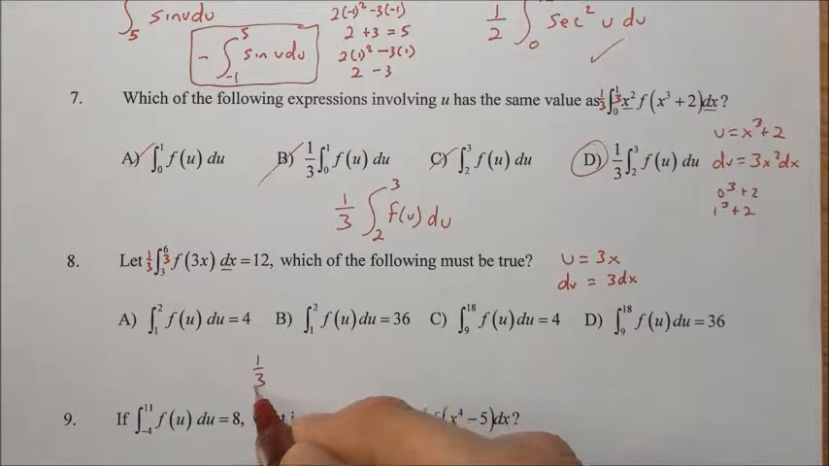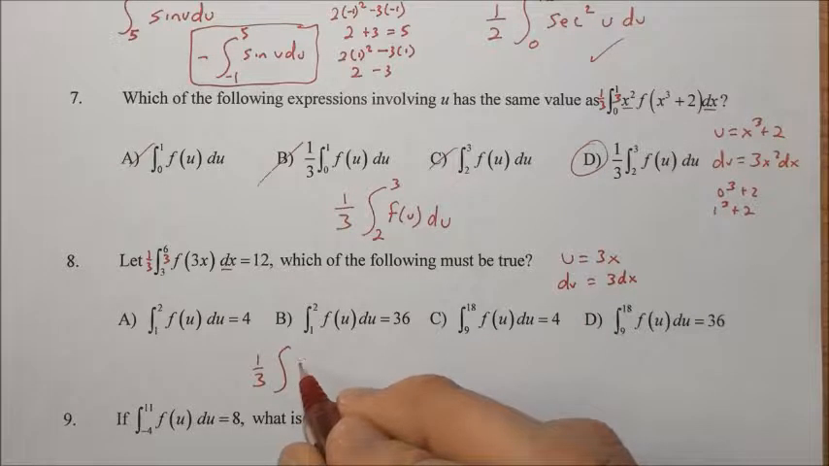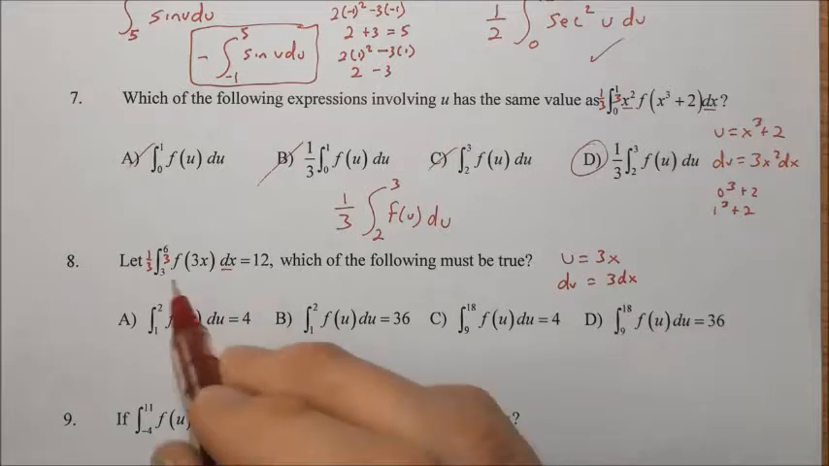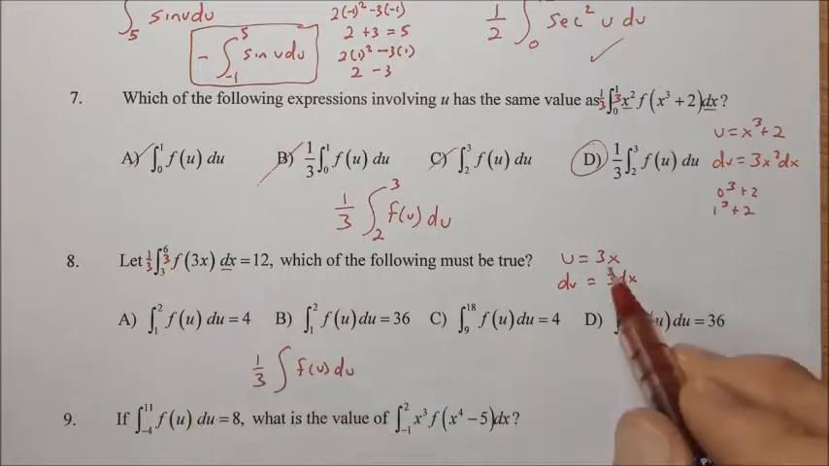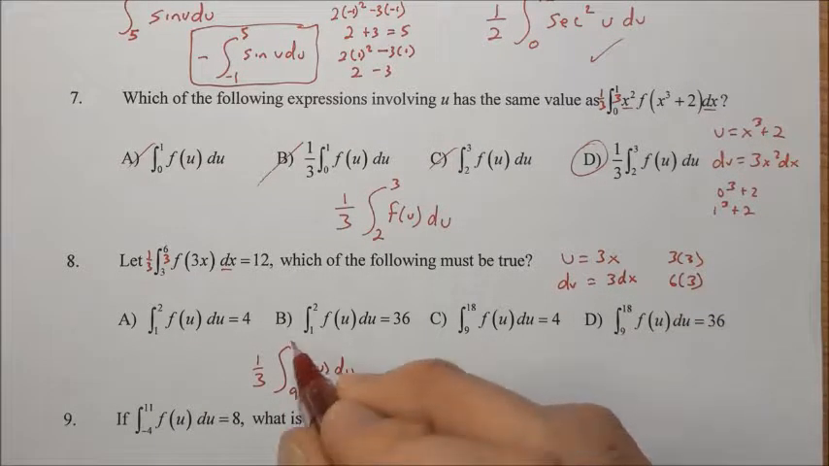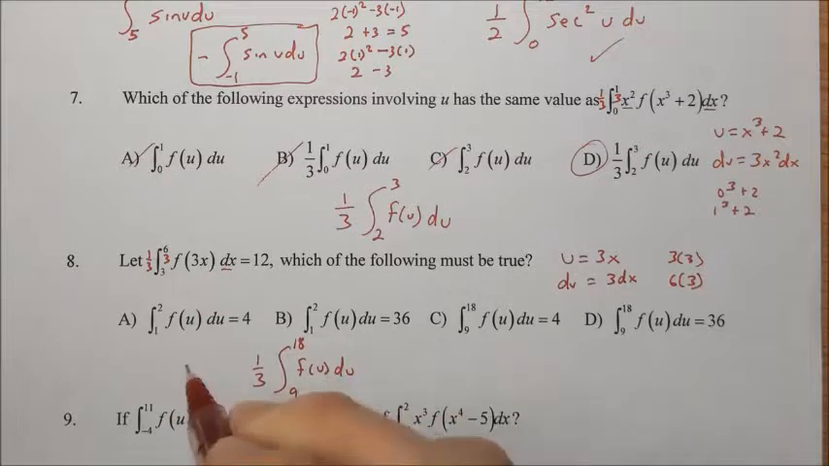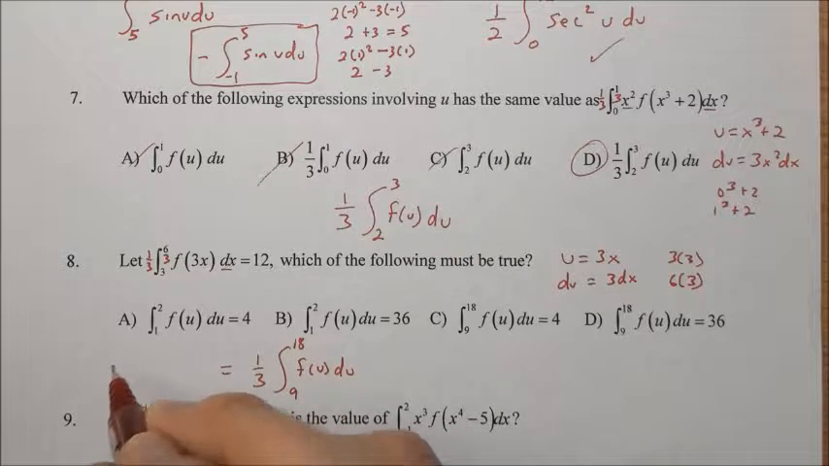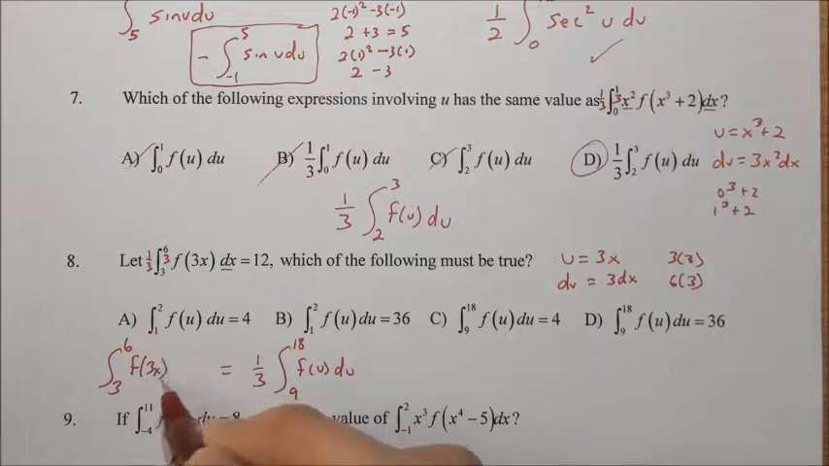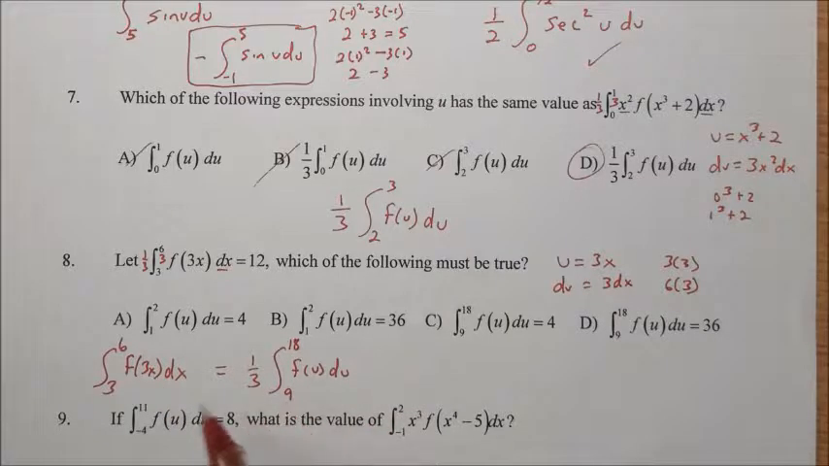Alright, so we have 1/3 the integral of f of u du. Alright, our bounds were 3 and 6, but now they're going to be 3 times 3 and 6 times 3, or 9 and 18. Alright, so what we did here is we changed our variable from x to u, okay, but it's the same function. So the integral from 3 to 6 of f of 3x dx is equal to what I just wrote down here. Since these two are the same,